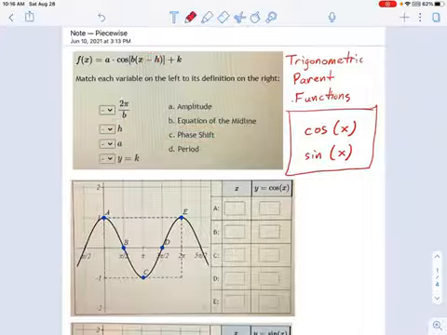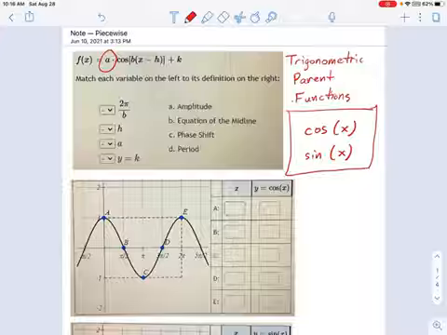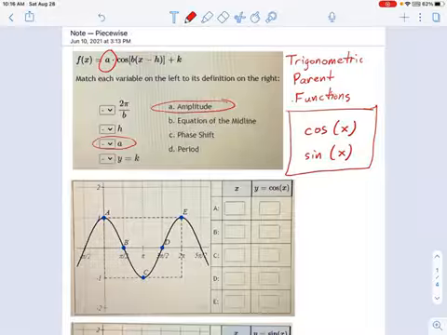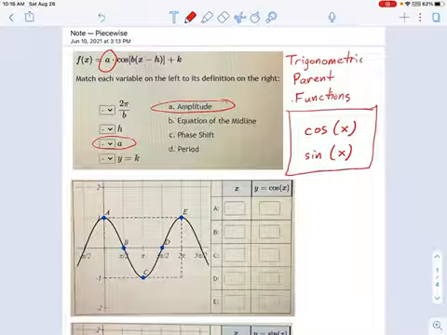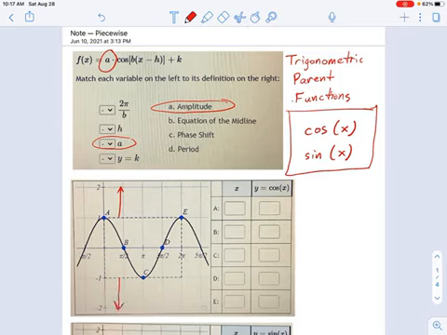These other two we are going to use a bit. There's amplitude, A, and that is how much you stretch this curve up and down. So if I multiply by A, what that's going to do is take my cosine curve here and stretch it like this. It's going to get taller.